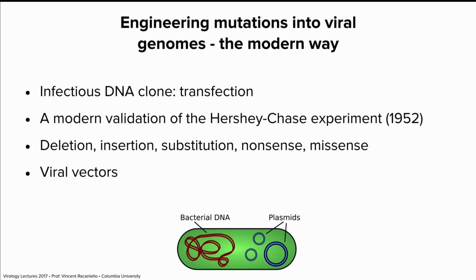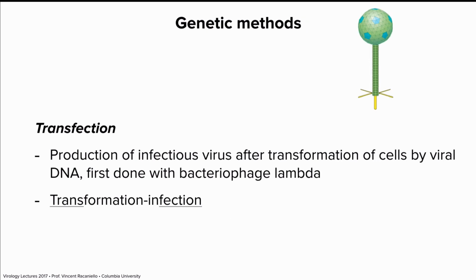So if you have a DNA copy that is infectious, you can now make all kinds of changes. The last lecture in this course will be about viral gene therapy. We're going to talk about modifying viruses to be vaccines, to cure cancer, to deliver therapeutic proteins to people who lack them. It is the future. In 10, 20 years, we're going to be curing cancer, we're going to be curing genetic diseases, we're going to be doing all sorts of things by using virus vectors to deliver things to people. The whole field is made possible by having infectious DNA clones of different viruses.